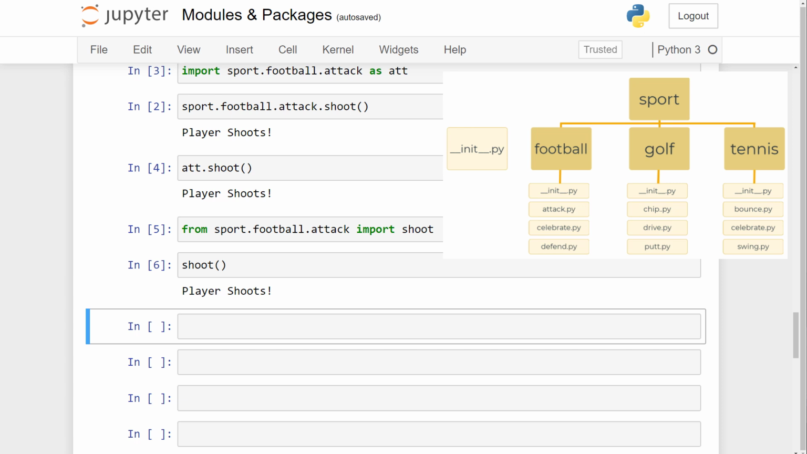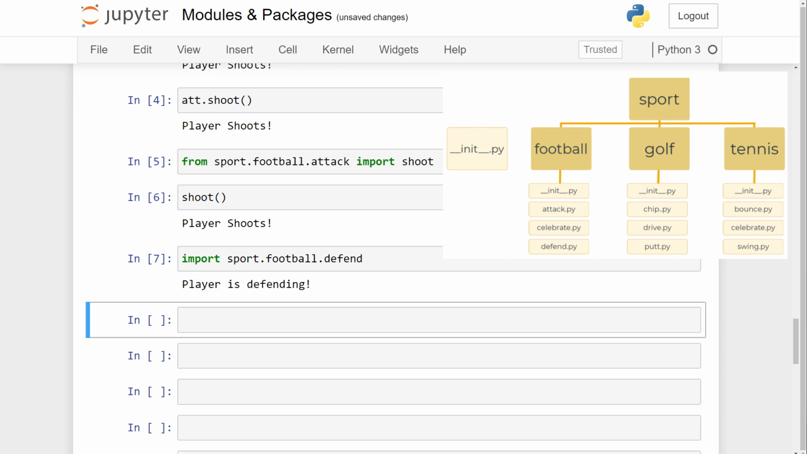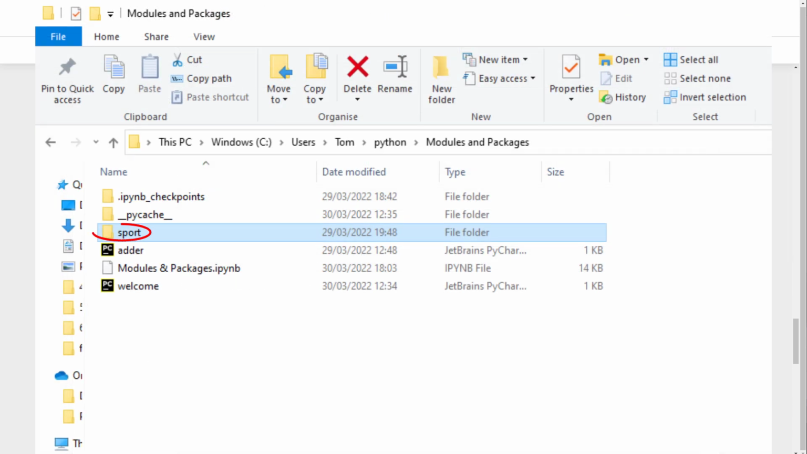Now the same goes for other modules. If we wanted to defend, what we could now do is we could import sport.football.defend, which is the path where this module sits, and if we run this code, you can see that we print to the screen, player is defending. So hopefully this is clear as to how we can access different functions from within a module, which sits within a sub-package, which can obviously sit within other sub-packages, and ultimately a top-level package. We can provide aliases, we can import functions directly, and seeing as the sport package resides in the modules and